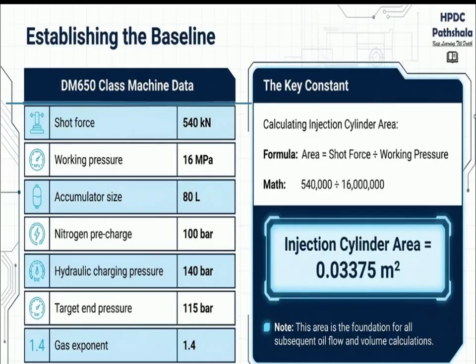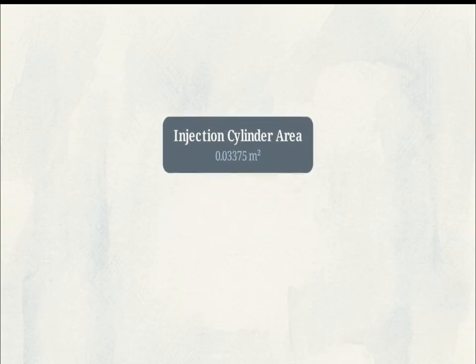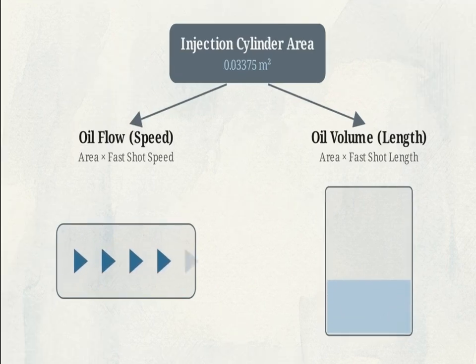This data table establishes the baseline. Before making any interface adjustments, we calculate the machine's absolute limits using fixed constants, dividing the short force by the working pressure to find the exact injection cylinder area. With that area defined, we know the accumulator must deliver high pressure oil to satisfy two entirely distinct physical demands